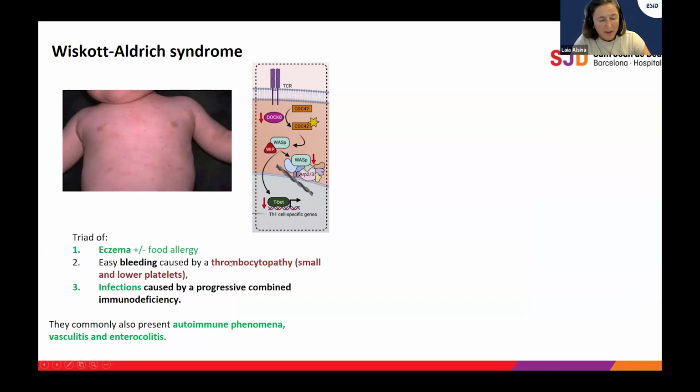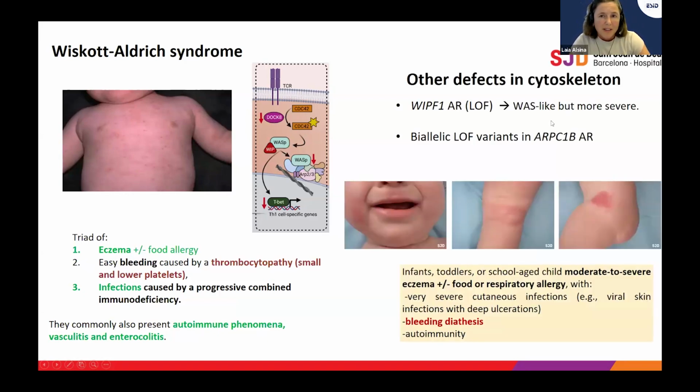allergy, we have very typically this thrombocytopathy that will give rise to this eczema that when it itches, then it gives these hemorrhagic lesions here. And besides this phenotype, patients will have severe infections over time, and then this immune dysregulation with autoimmunity, vasculitis, and enterocolitis. Other defects in the cytoskeleton, such as these two disorders, for example, this patient that we